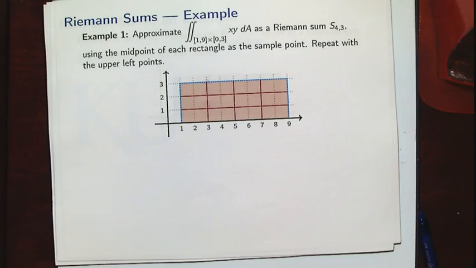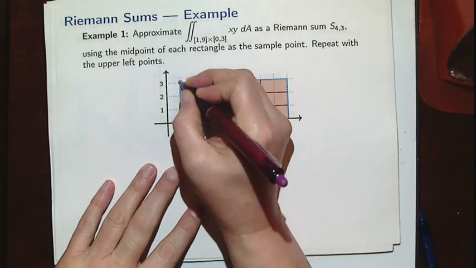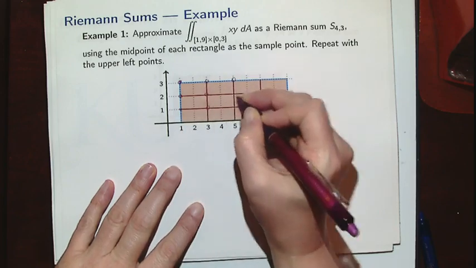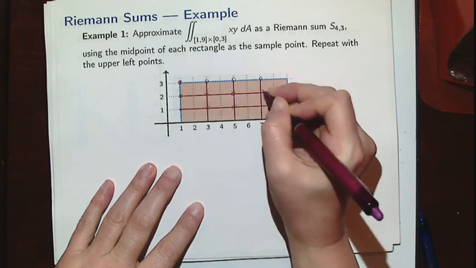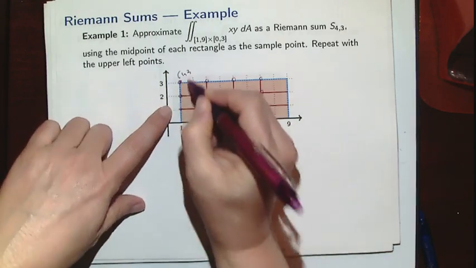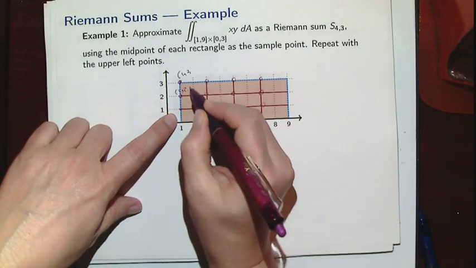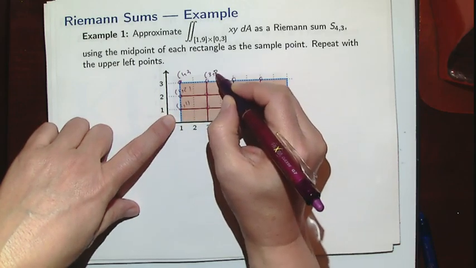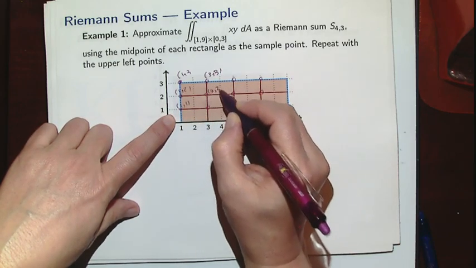Upper left, upper left, upper left, upper left. All of those. Better? Okay, now let's see, what is that point? That's 1 and 3. This one is 1 and 2, 1 and 1, 3 and 3, 3 and 2, and